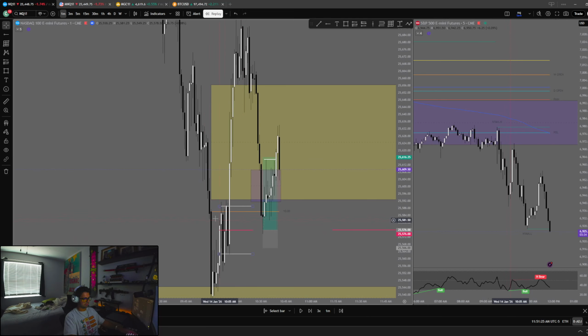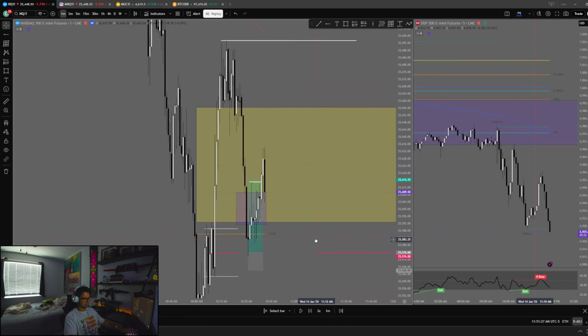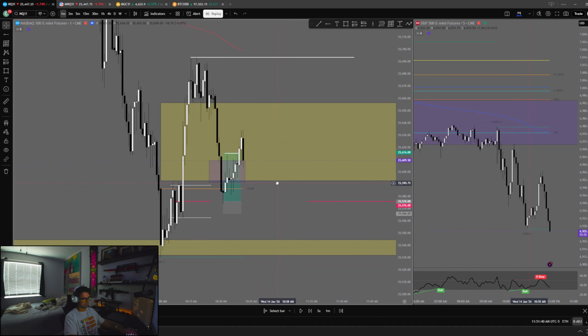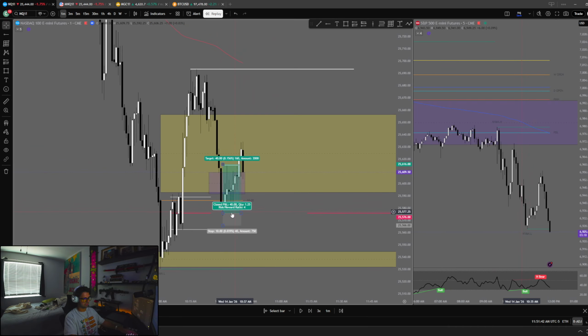It was just a 5-minute rejection block off of the 10 a.m. key open, and the full trade idea was to target this high right here. But when this teetering happened, I said I'm going to target this internal high because it's still 40 points. It was a little bit above 40 points, but because I was trading on MNQ, and if you go to